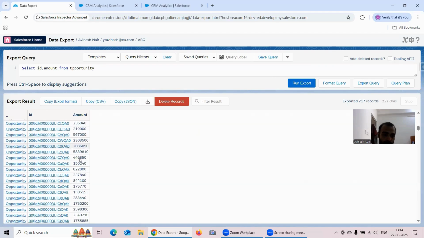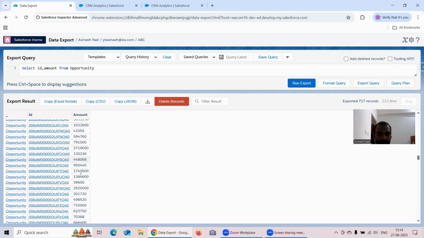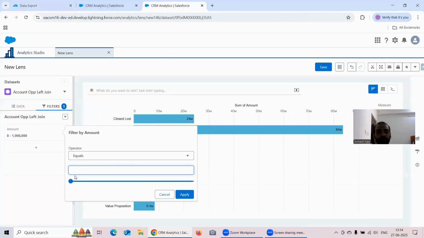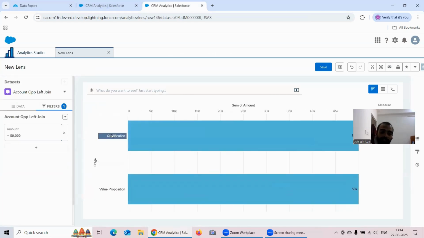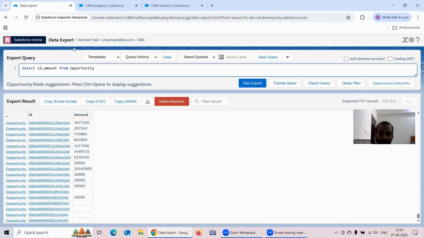Yeah, so I have all these values, and maybe I can check if there is any value which is the maximum kind of a thing. I guess I can take something like 50,000 because I have quite a few values related to 50,000. If I just give 50,000, it will show me all those stages currently. There are two stages where I have that amount related to 50,000. That's why it's showing up. Even here also, if I query it out,